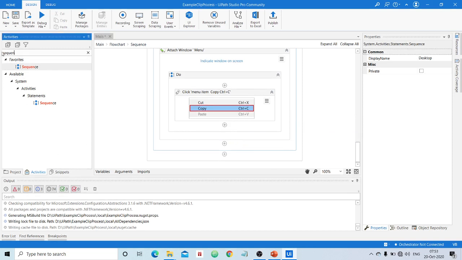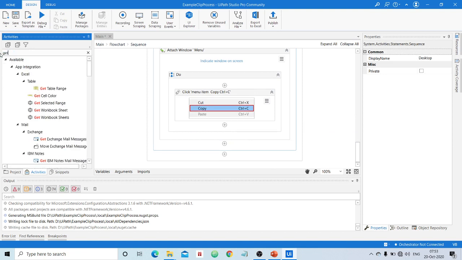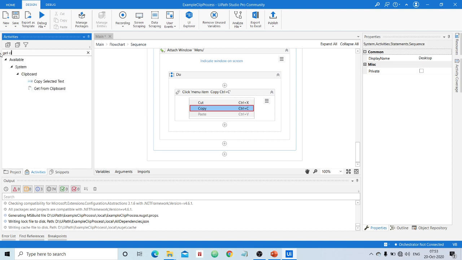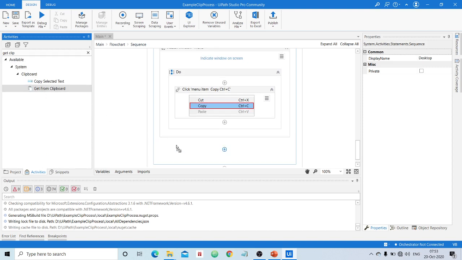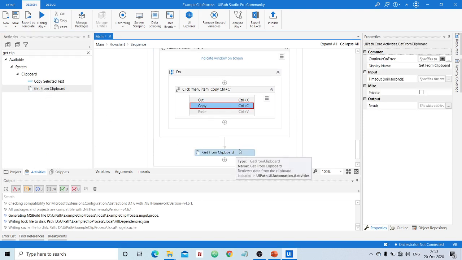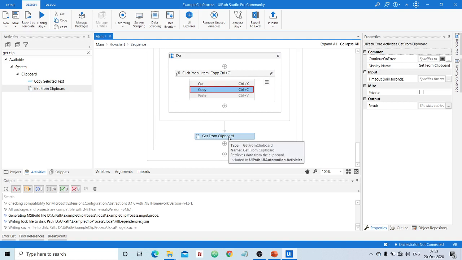To get that clipboard content, you can use get from clipboard, or you can use copy selected text. I will use get from clipboard. This will get the text from the clipboard.